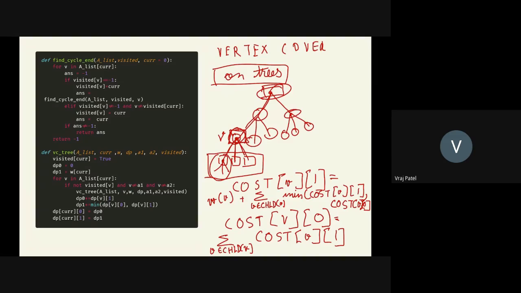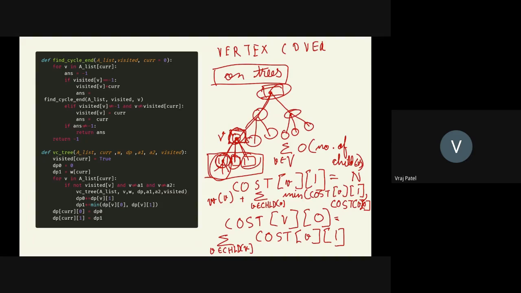What is the number of array elements that we are accessing? We are accessing order of the number of children, right? For each of these iterations, order of number of children for each vertex. So what will be the overall running time? It will be something like the summation of the number of children for v, where v belongs to the complete graph. When you do this, for a tree you will get this to be equal to basically the number of vertices.